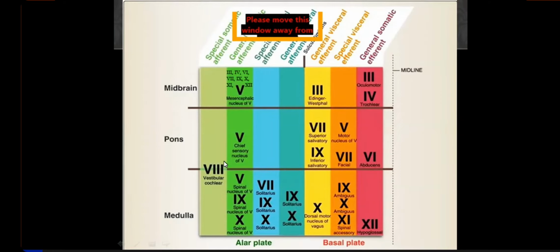Okay. Then the other functional component, because it is afferent as well, general somatic afferent, bringing the proprioceptive sensations, it was being relayed here in the mesencephalic nucleus of the trigeminal, which is an elongated nucleus in the midbrain. So remember once again that in the mesencephalic nucleus, the afferent neurons, the first order neurons, are unipolar neurons. So the cytons lie within the mesencephalic nucleus, unlike the other sensory neurons where the cytons lie outside the CNS.